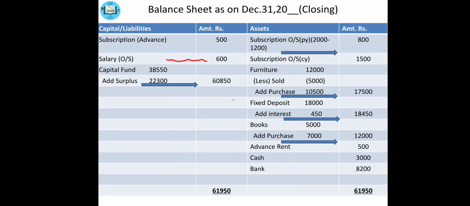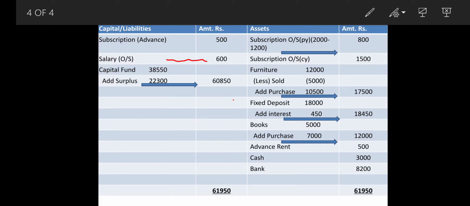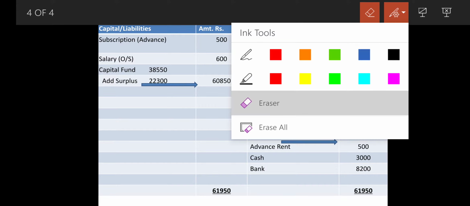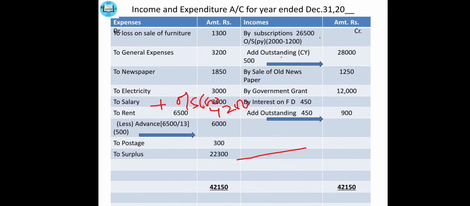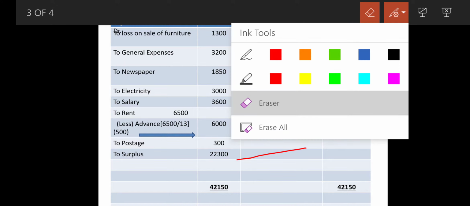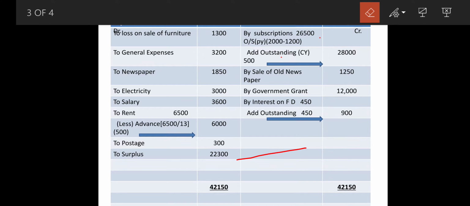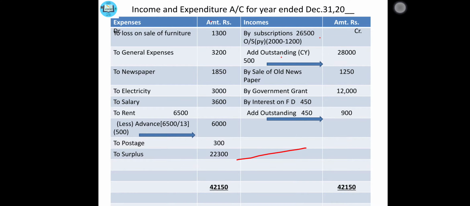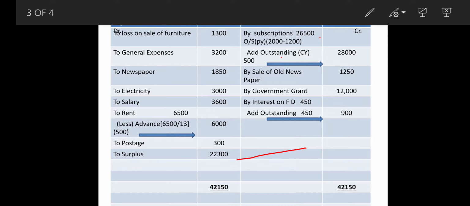And further 1 month rent is paid in advance. So come to your income and expenditure again, where rent is to be mentioned. To rent, write down in the column to rent 65. Okay, here they had mentioned rent is 1 month advance. So this particular information in receipts and payments is given of how many months? It is given of 13 months. So you will see I had done the working over here only.